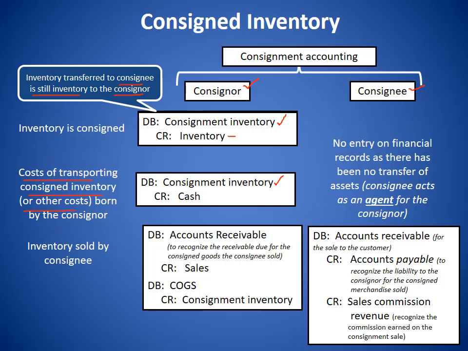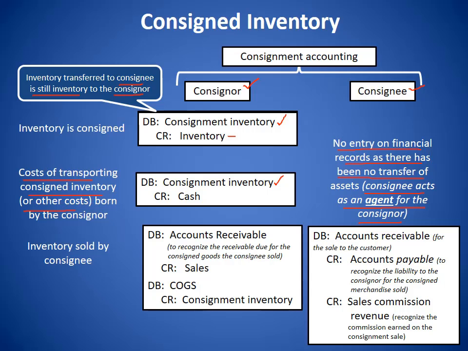In this case, I assume that we paid cash for the transportation or other costs, so it would be a credit to cash and a debit to consignment inventory. Now you'll notice during this time, no entry on the financial records is made for the consignee, as there's no transfer of asset. The consignee basically is acting as an agent on behalf of the consignor in terms of